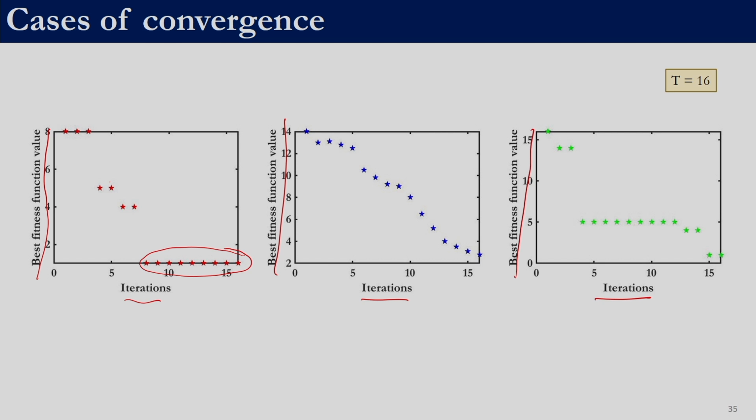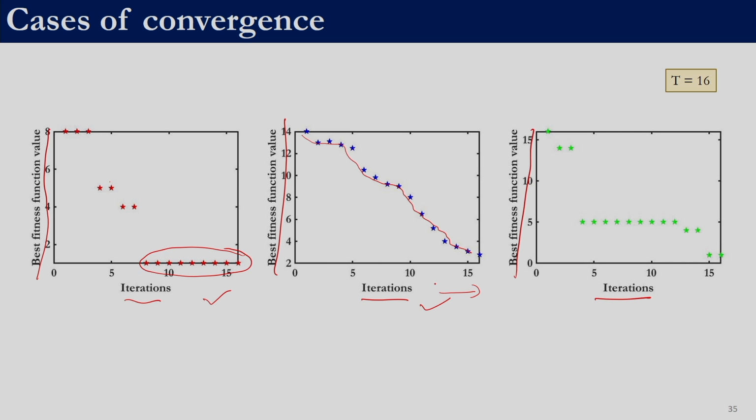However, in the second plot, over here, it is continuously decreasing, it has not stabilized. If you come across this situation, that means that if you perform a few more iterations, there is a likelihood, again remember there is no guarantee, there is a likelihood that you will get a better solution, right. So, here we do not say that the algorithm has converged, right. As you see, it is still trying to improve the fitness function value, right. So, these two cases are pretty much clear, right.